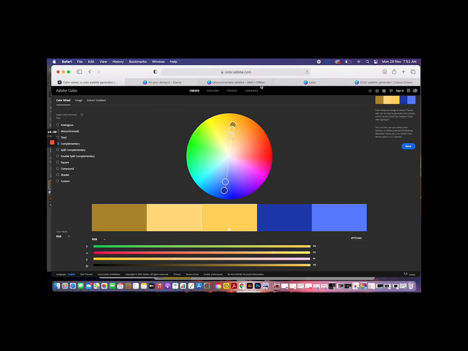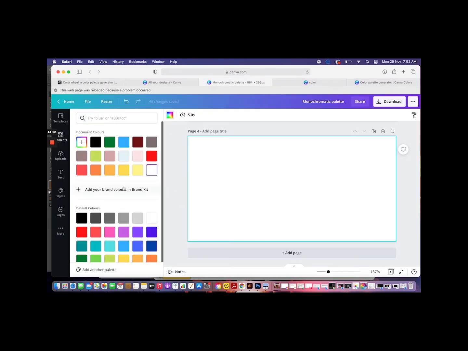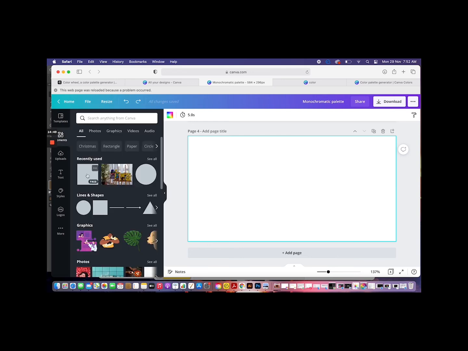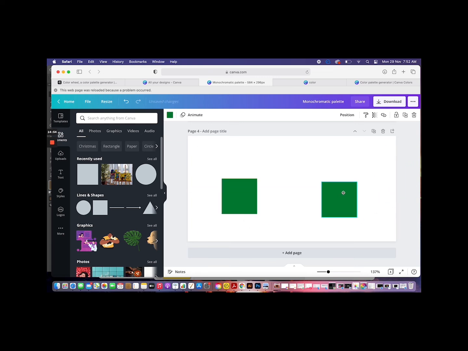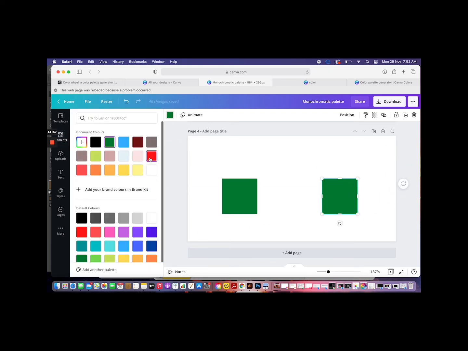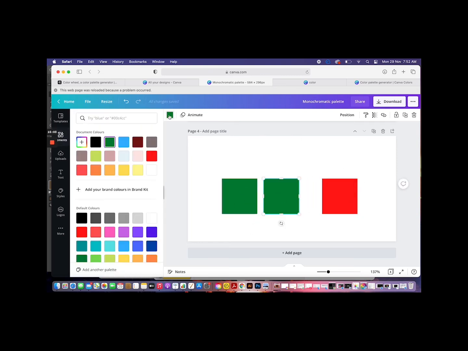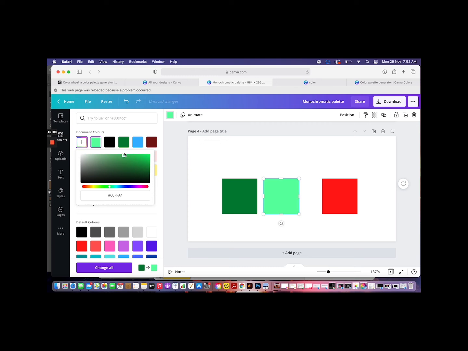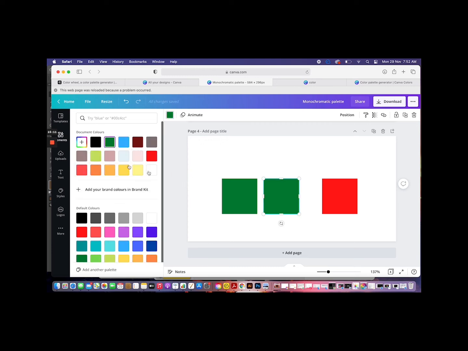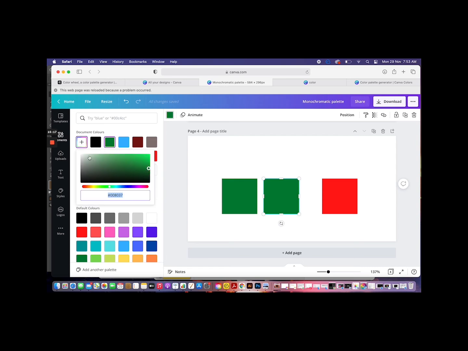Now there are these basic combinations that you can remember, that whenever you want to work, you can always use to your advantage. For example, in this I am going to create another palette. So if I have taken a green, which is a very dark green, now I will give its immediate complement, which is going to be a red. Now in between them I need to manage my tints and shades. So how I will do that is, I will take this green and I will give it a tint first. If this is my green, then I'm going to edit it by giving its tone.